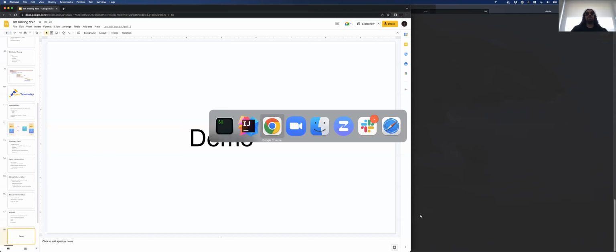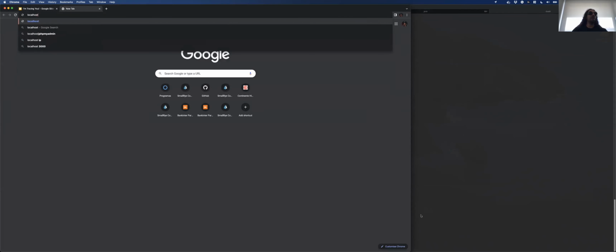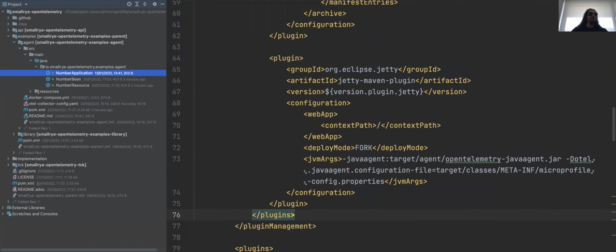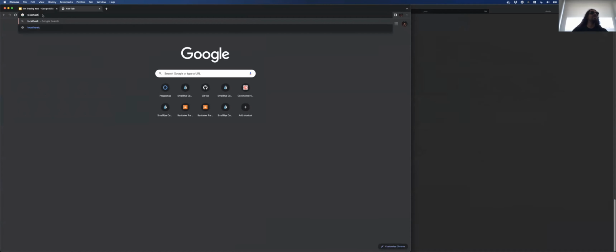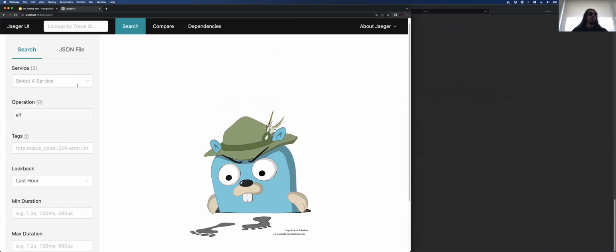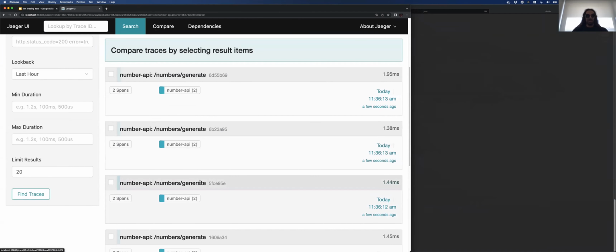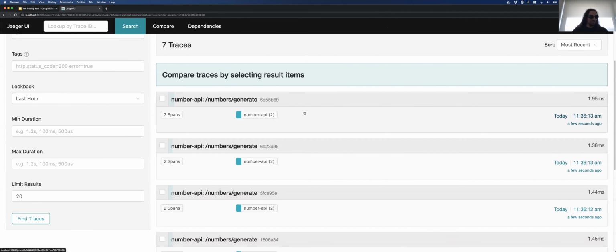And what I can do right now is go to localhost, where I have, I can't remember the port. Let me see over here. So I think this is the one. Here is Jaeger running. There you go. And you'll see here is the number API service. I'll do find traces, and now you'll see, in full screen,